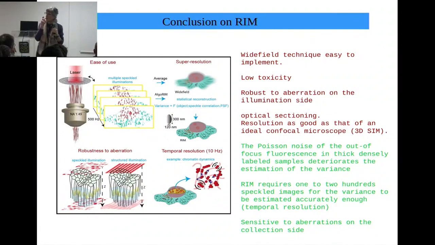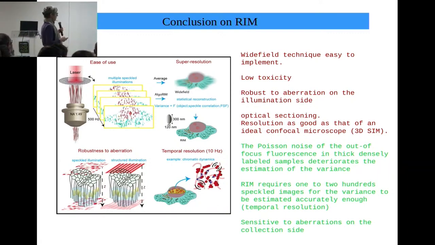Why is it not bad? It's because we can take a very small integration time, because what is important is the total photon budget. So we can have the same photon budget as SIM, okay? SIM needs to take a longer integration time because it has only 9 images, and so it needs photons over those 9 images. But in our case, our raw images are very bad, but we have many of them, and in the end, what counts is the total photon budget. Okay, but 10 Hertz is still not that good.